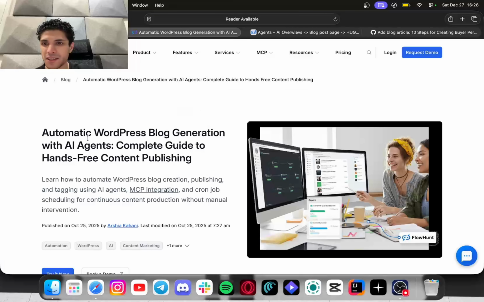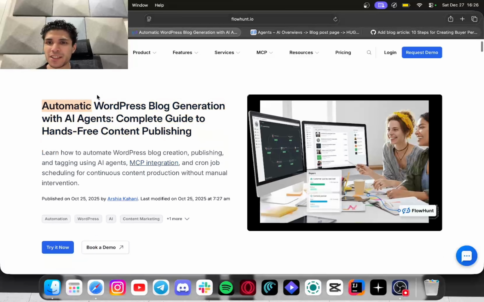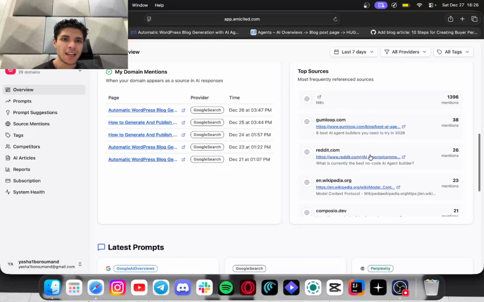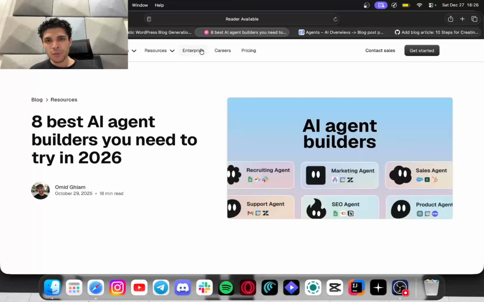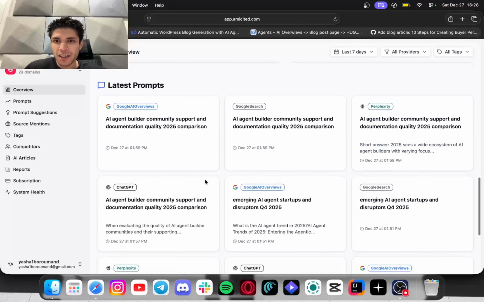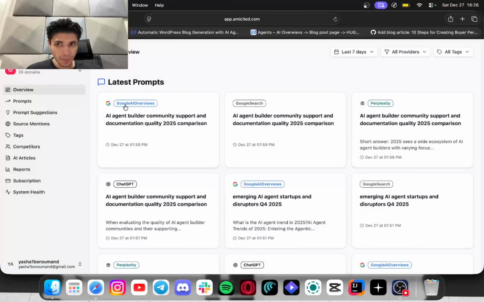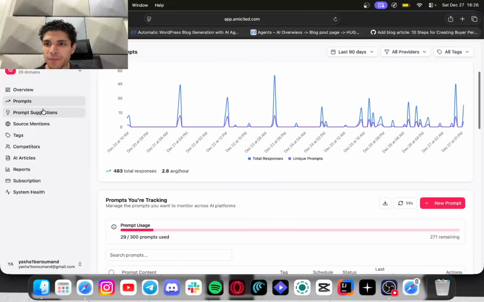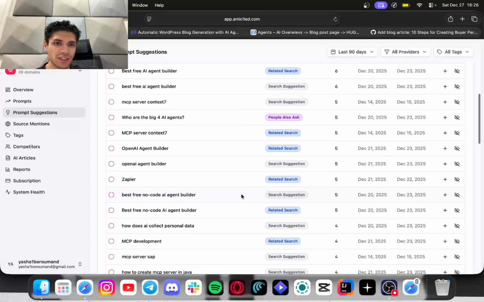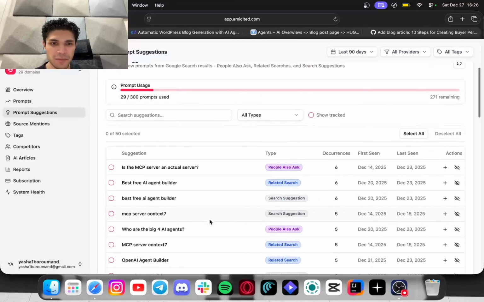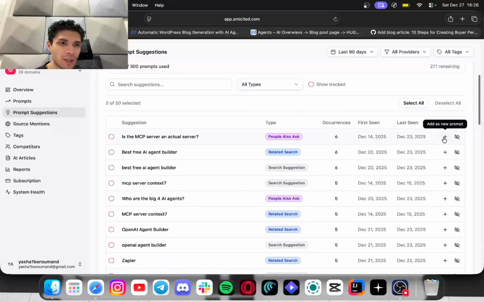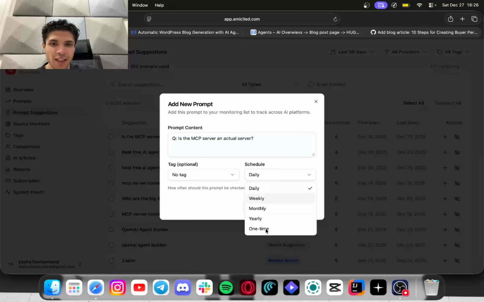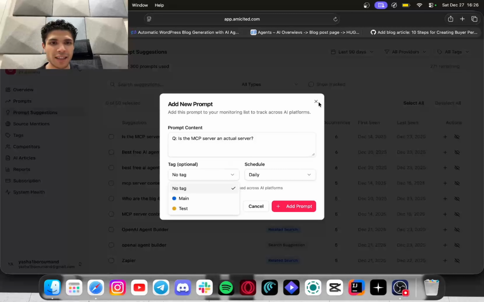Next up, you have your top domain web pages that are getting ranked. So in this use case, this web page is getting ranked and shown to the users when the users are asking about WordPress, and also the top competitors' websites that are mentioned in here. So you can take a look at what your competitors are actually getting ranked on, as well as the latest prompts. Now, the next section is prompt suggestions. After you have prompts, there are also more prompt suggestions that the system suggests you add. I can simply add a prompt by just adding this and then specifying what kind of frequency I want, or tagging it.